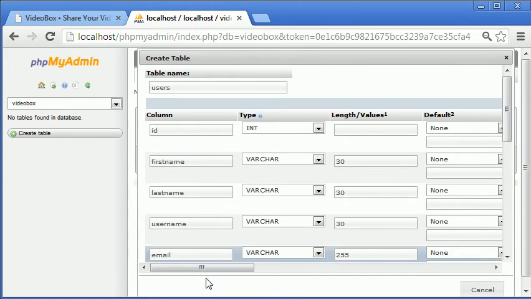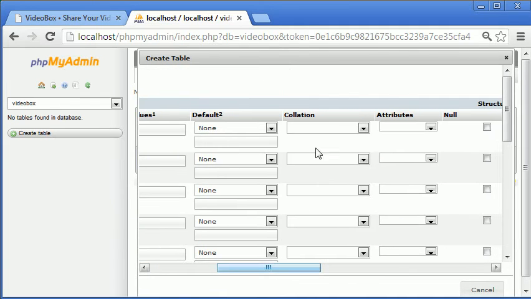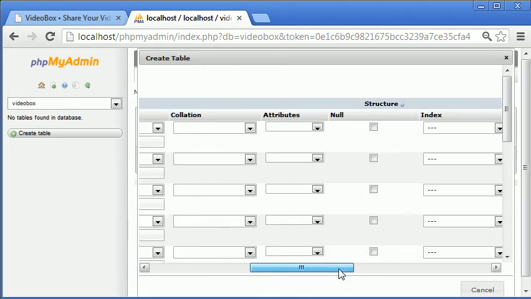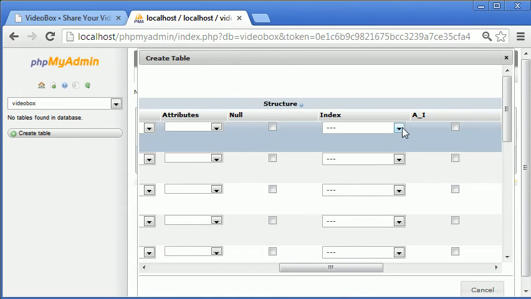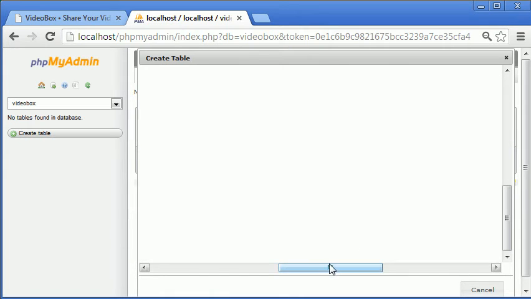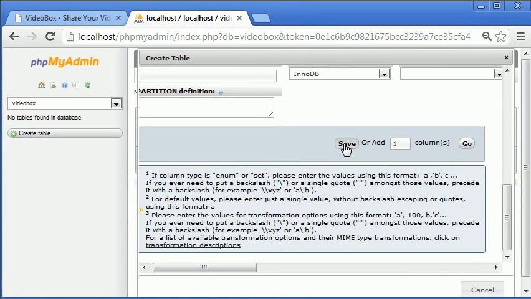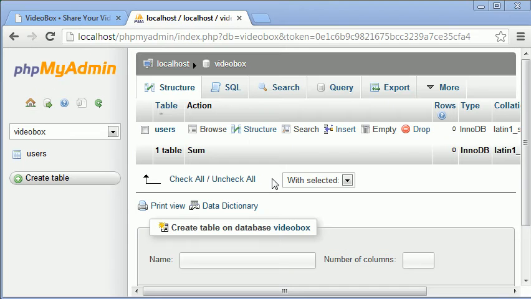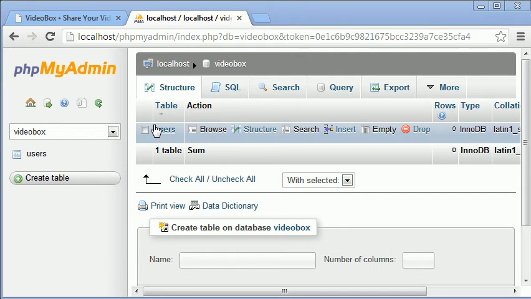So on the ID field, we keep going. It says index, we click primary, and then auto increment. So now we're just going to scroll down and find the save button. Okay, so as you can see, we have a users table now. So if we click on the users table,